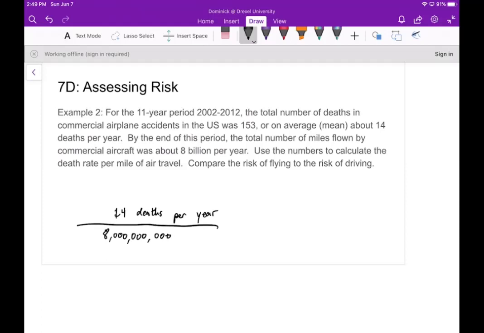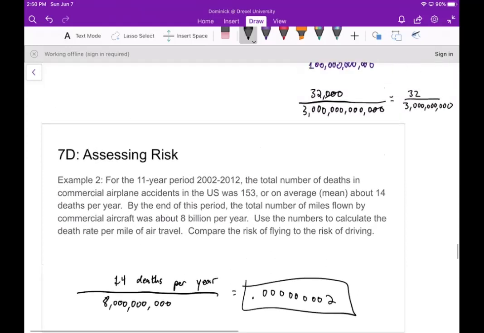Now, if you were to calculate this, you're going to get an extremely small number. We'll actually do this: 14 divided by 8 billion. And we get 0.000000002. Now, if you compare this to the risk of driving,